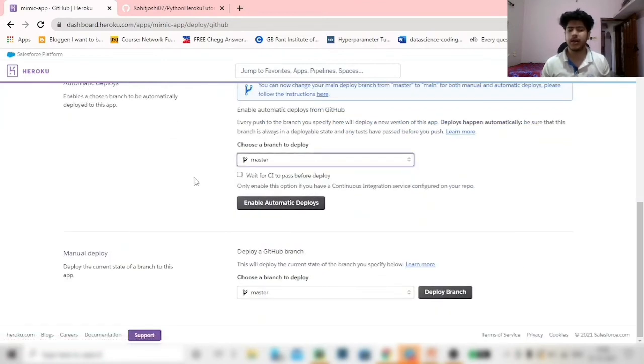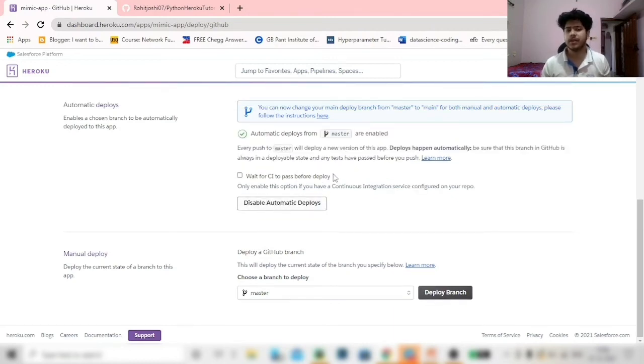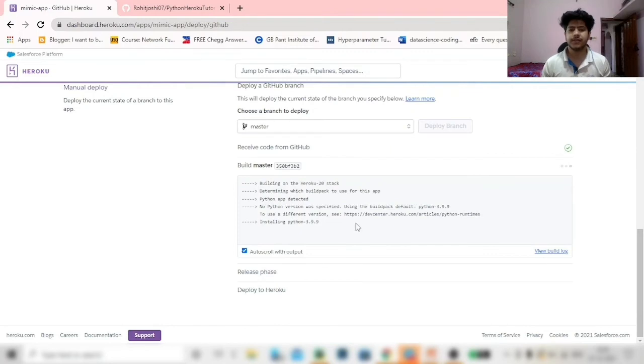I'm pushing my changes to master, so let's choose master here, and I have enabled the automatic deploy. Since it's the first deploy, I can manually deploy here. Click on deploy branch and let's wait for the deploy.